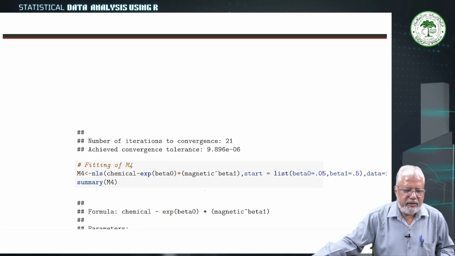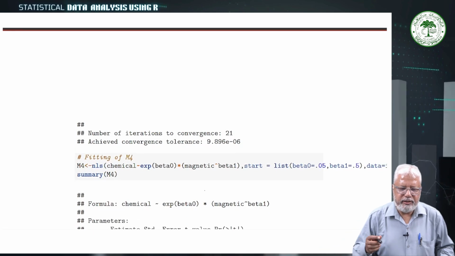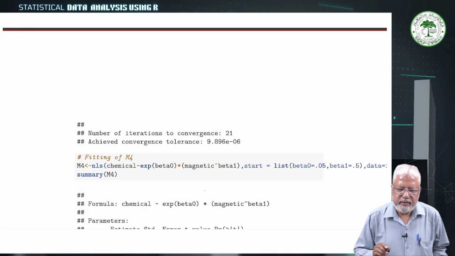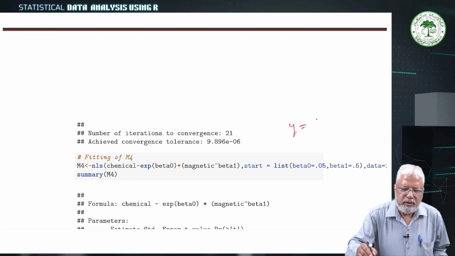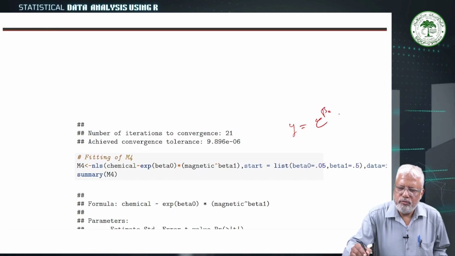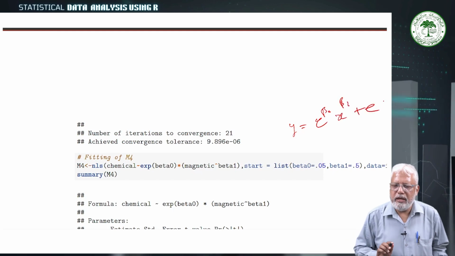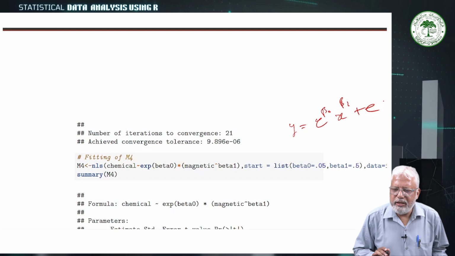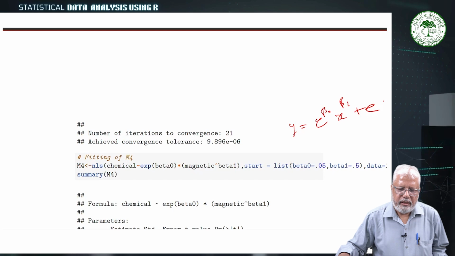See, fitting M4, here we have fitted the model like this. It is y is equal to e raised power beta naught into x raised power beta 1 plus error. This is again a nonlinear model. So we have fitted this model. In econometrics, these models are very common. So if we fit this model,